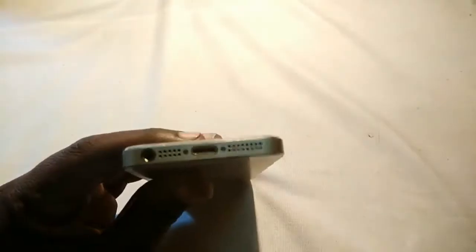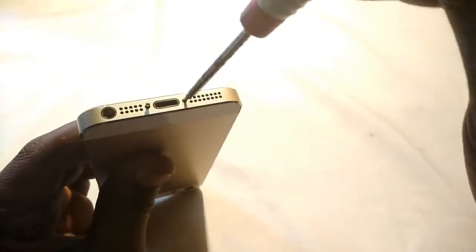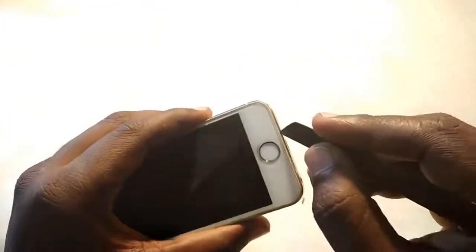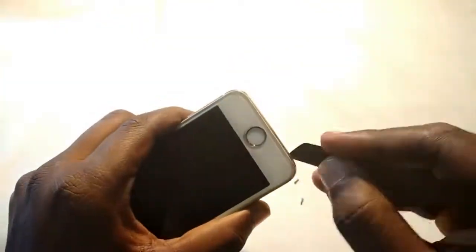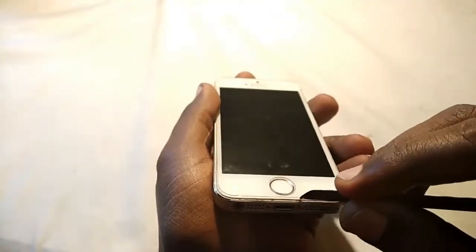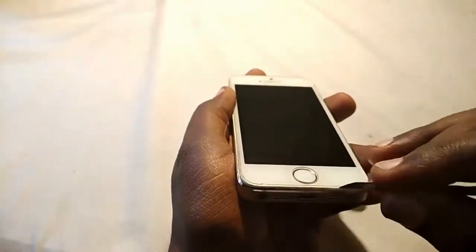the touch screen of this phone. I'm fast forwarding this video, so I'm opening it with the screwdriver. I already opened it many times, so I don't need the suction cup to push the screen up. I'm just opening this screen properly with a sharp blade. While opening the bottom of this screen, make sure to open it properly, because there is a